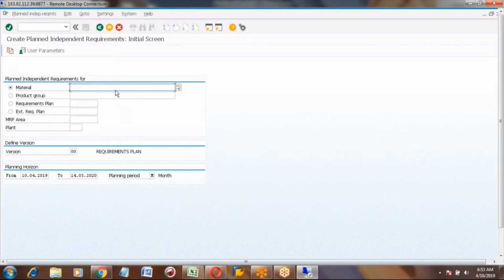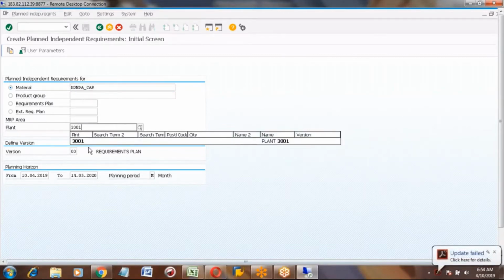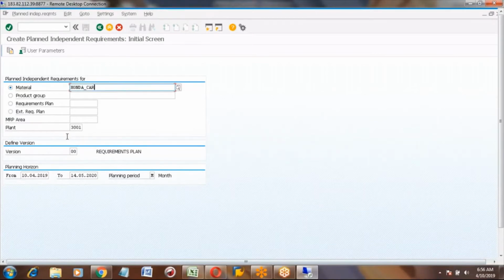Here you enter the Honda or FG material, Honda underscore car, and enter the plant 3001. And in the bottom you can see planning horizon, which means for how many months you want to create these PIRs.